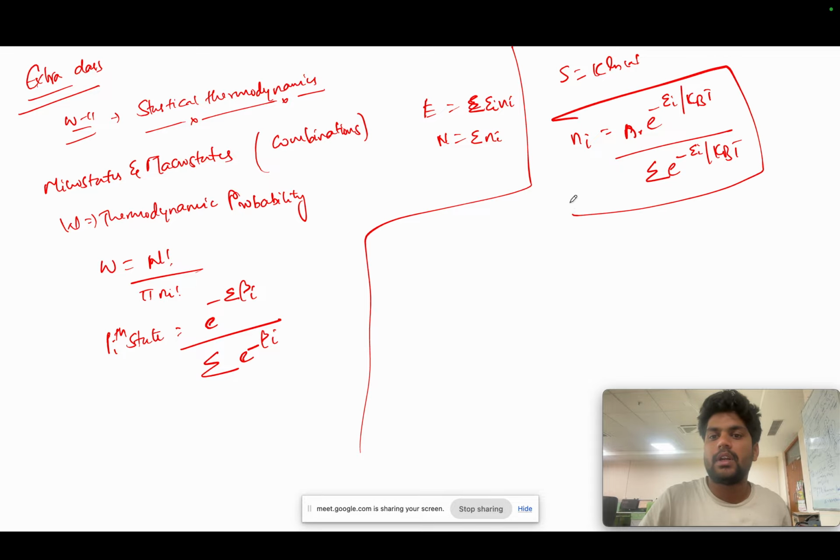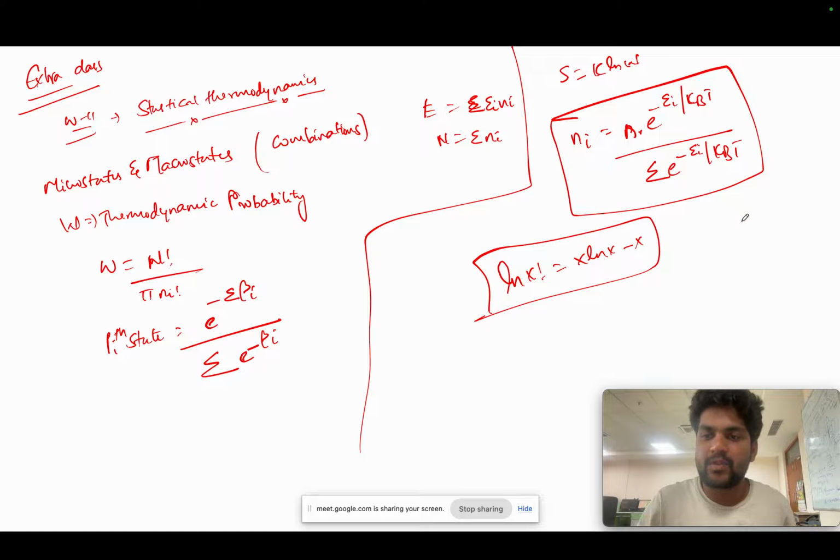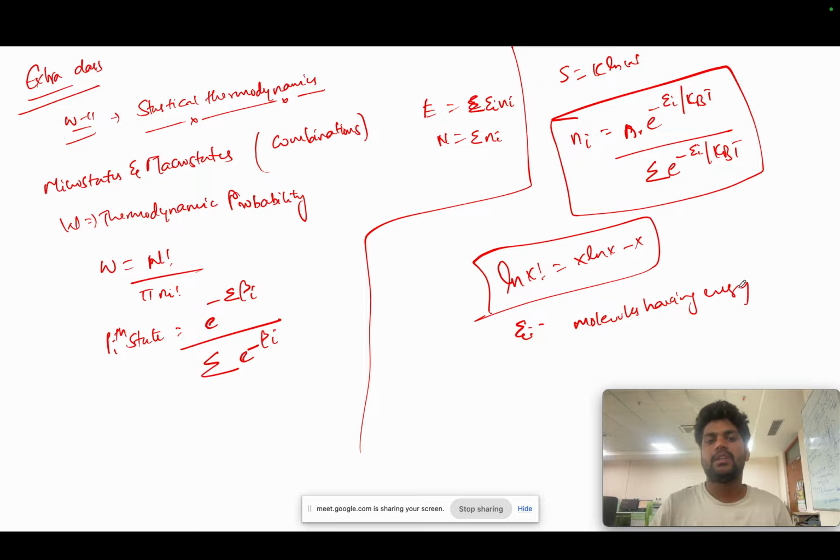After solving for alpha, if you remember, we did this formula, and then we have the Boltzmann-Planck postulate and all the formulas, where epsilon i is the energy of the ith particle in the ith state, molecules having that energy. Once we had discussed all these properties, we started to figure out how to derive U,